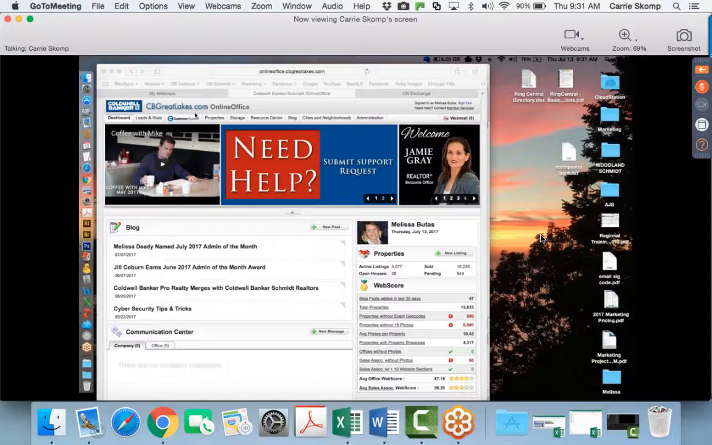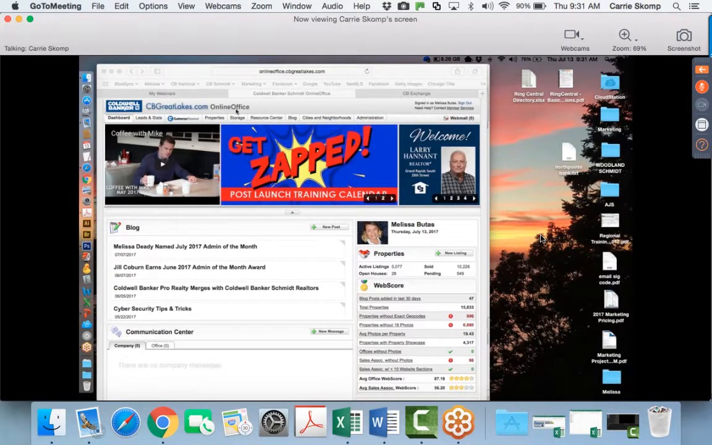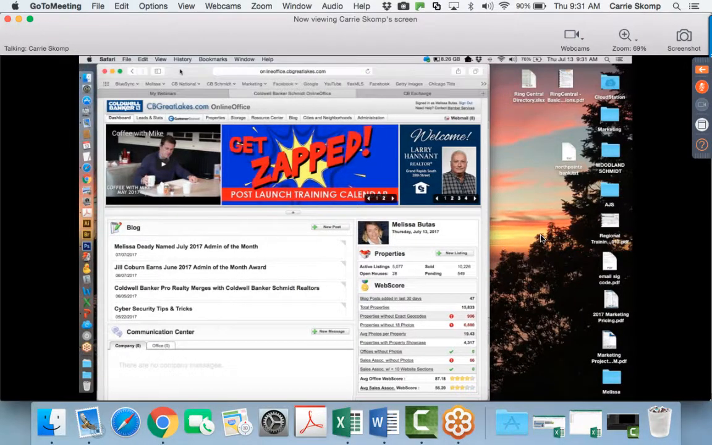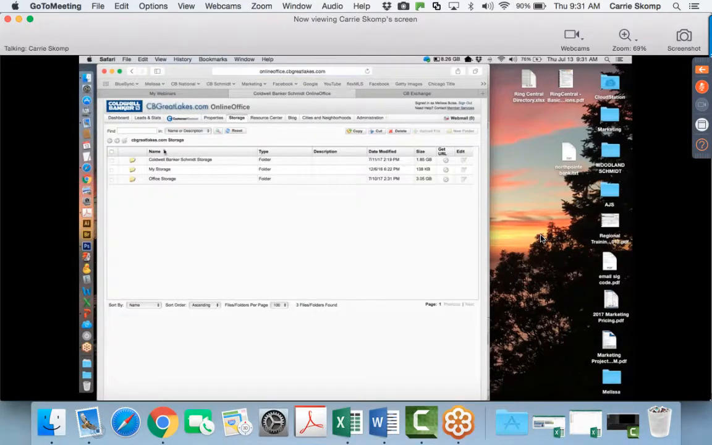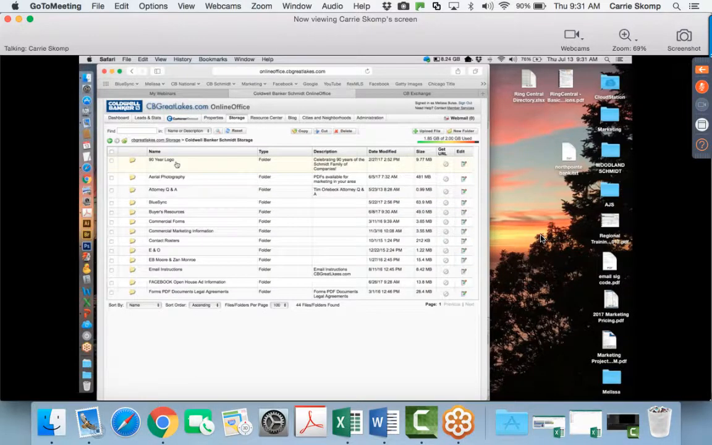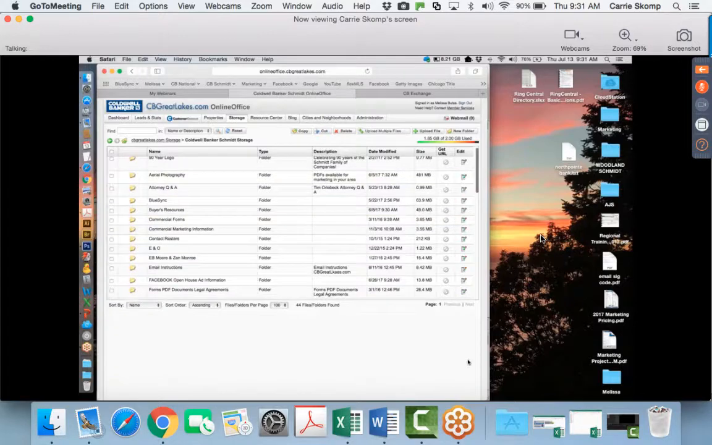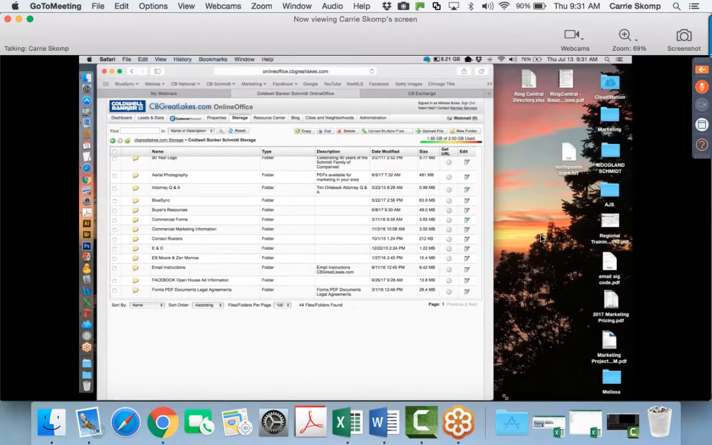So I've navigated to the online office, CB Great Lakes, but it's also available in the storage locations on CB Hunter and the Florida website. So once you're logged on to your online office for your state, you would go to the storage location. And when you click on there, you're going to go to Coldwell Banker Schmidt Storage. And then from there,